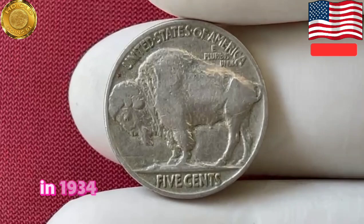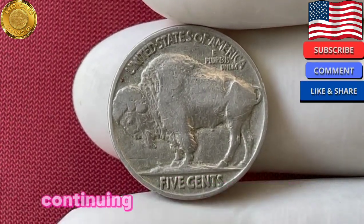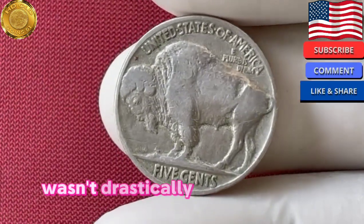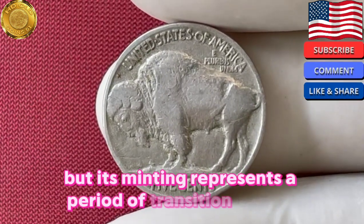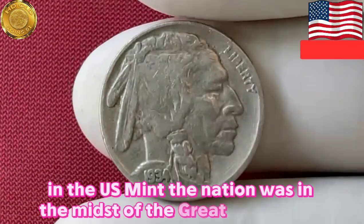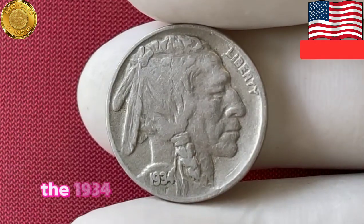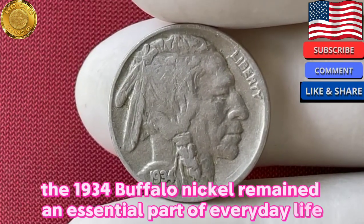In 1934, the U.S. Mint produced one of the last Buffalo nickels, continuing the legacy of the coin that had captured the American spirit. The 1934 Buffalo nickel wasn't drastically different from earlier issues, but its minting represents a period of transition for the country and the U.S. Mint. The nation was in the midst of the Great Depression, a time of financial hardship for many. Yet, in the midst of adversity, the 1934 Buffalo nickel remained an essential part of everyday life, circulating as a